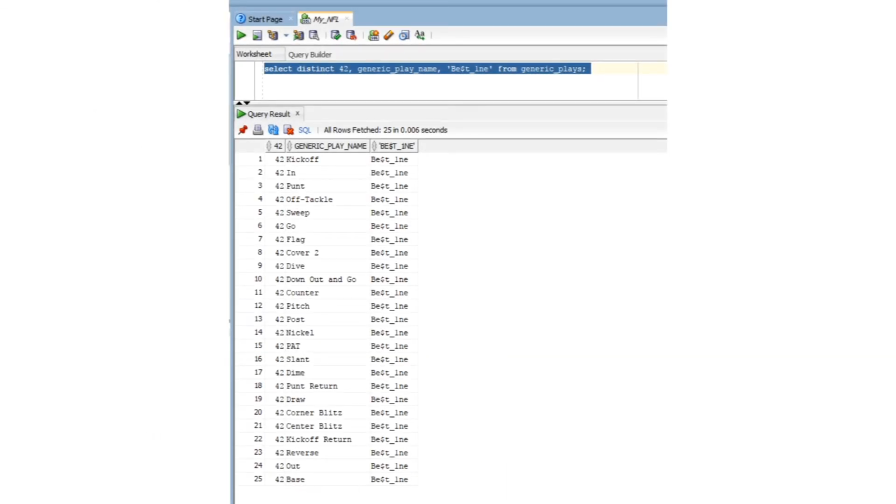Okay, before we wrap this lecture up, I want to test our trigger with a multi-row insert. Forgot to do that earlier. Although I know from past experience that this trigger is going to behave just fine with multiple rows, it is always a good idea to test it as such. We won't get into the details here, but in our next lecture, the value of this type of testing becomes very evident. To test an insert trigger with multiple rows, all you need to do is set up an appropriate insert with select statement. Here we're validating our select statement by running a little distinct query against the generic plays